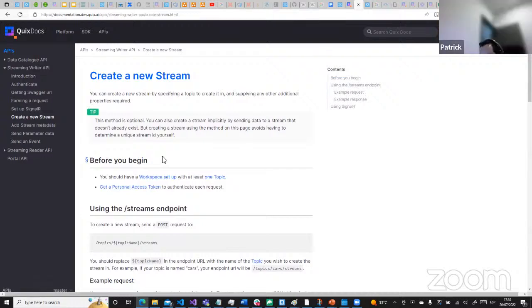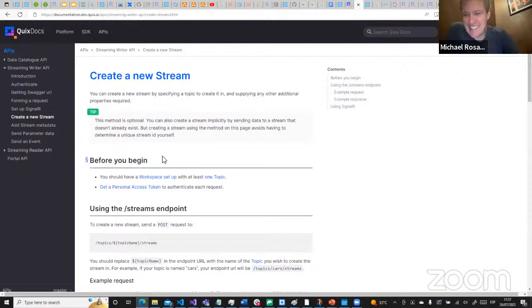A stream is a logical separation of one of your entities in your platform. For instance, imagine that you are a company that is processing washing machines. Each washing machine is probably going to be a stream, and you don't need to use different topics for each machine. We provide a protocol where you can send all your washing machines through the same topic, but on the reading side, you will be able to process each machine separately.